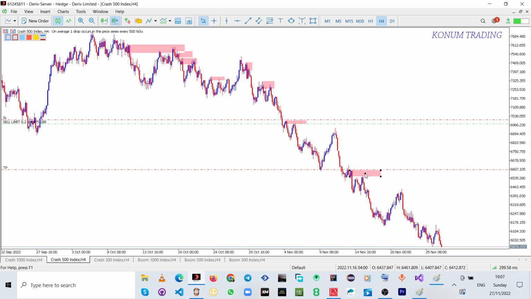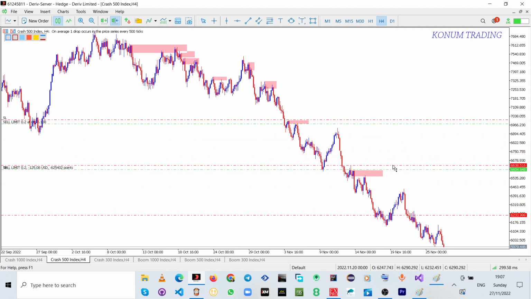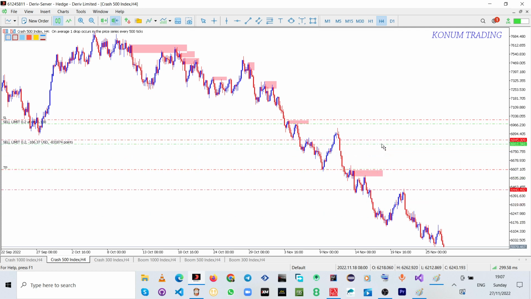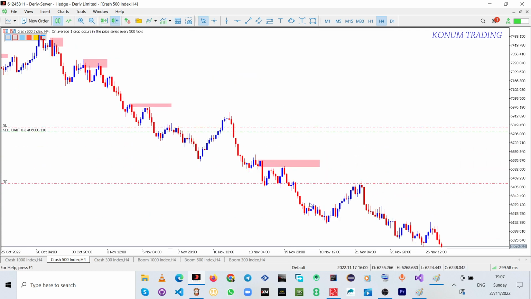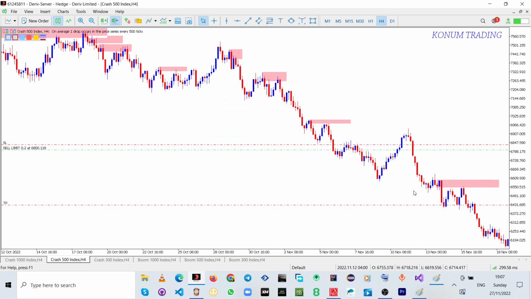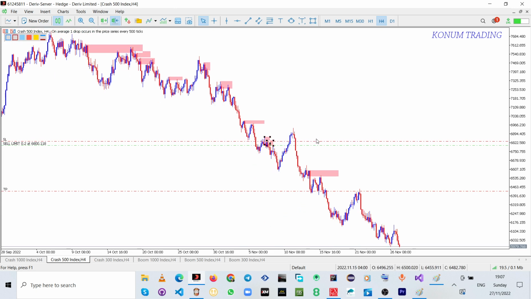So this is the next trade right there. Let's move our parameters. I missed out on another trade right in the, let me zoom it. With time and experience, you'll be able to take advantage of each and every zone that you come across. This is a zone right here. There are two zones right here, and this is another zone right here. So there are two trades in here. So let's just say a combination of them both